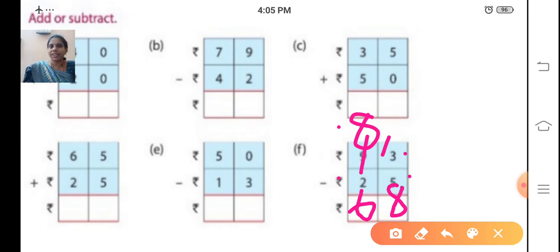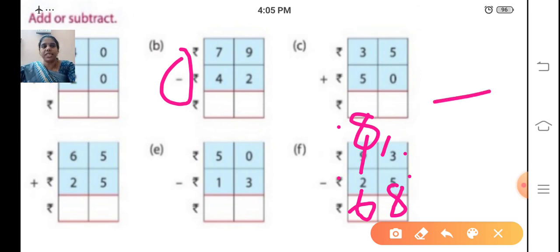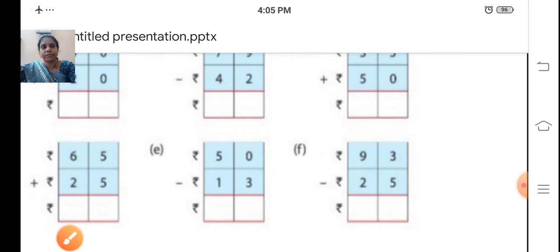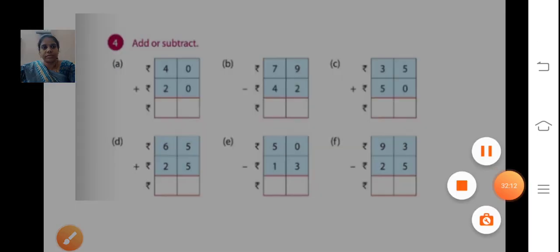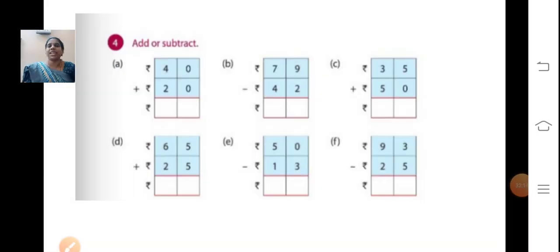Okay, children? Clear till this? No need to worry, I'm going a little fast because I think you all know addition and subtraction. Normal addition and subtraction only. Just add or subtract. Just see the symbol. If it is a minus, you just do subtraction. If it is this plus symbol, just do addition. Clear, children? And the remaining sums we'll do in the next class. Practice all the sums well, children. Thank you.